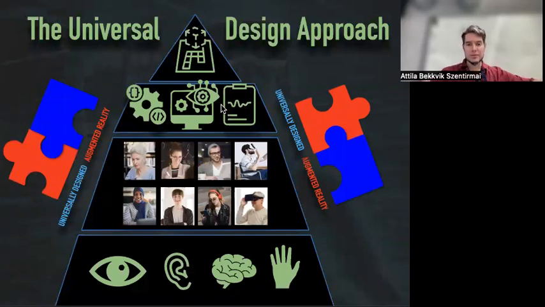Here we have the foundation: users' skills and abilities, and possible ICT barriers to using the technology. So that's the foundation over there. Users, skills and abilities, and how to design to fulfill those things. The next step is the goal orientation of the users, and preferences of users: indoor, outdoor, sitting,